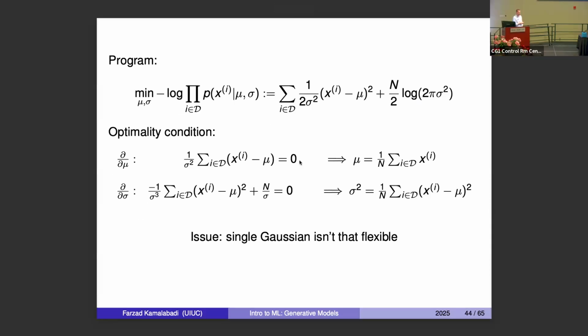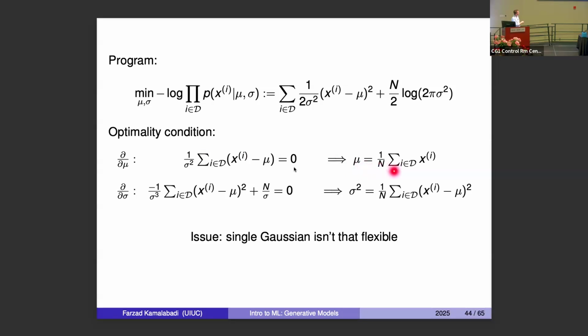And how do we optimize this? How do we solve it? We minimize its negative log. They have these two terms. And the optimality condition, in this case, you can actually do it analytically because you take the partial with respect to the mean. And if you do that with very simple algebra, you recognize that all you have to do is write it in this fashion. Okay, you're taking the derivative with respect to mu of this term. Just bring the two out, do very simple algebra, set it to 0, and solve for the mean.